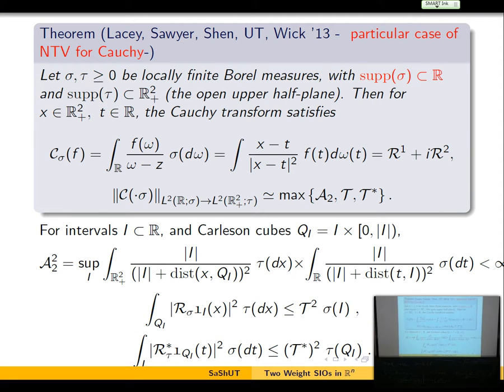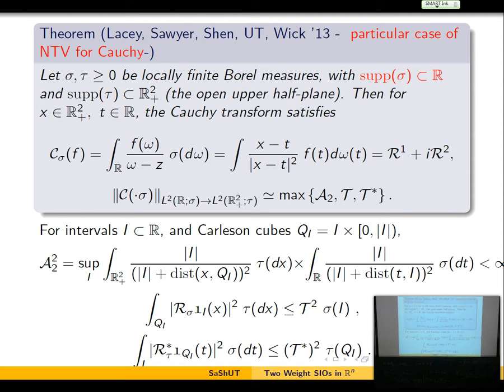So the Cauchy one. The Cauchy one, you assume one of the measures supported on a line. The other one, well, let's say the open upper half plane, but you can immediately do the rest. You have Cauchy, and then you have the analog of the NTV conjecture. So basically, the norm inequality, or the norm constant, is comparable to A2 and testing. Here, A2 and testing means whenever you test on the line, it's just regular intervals here.